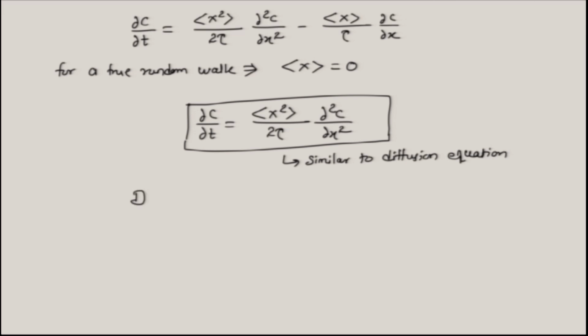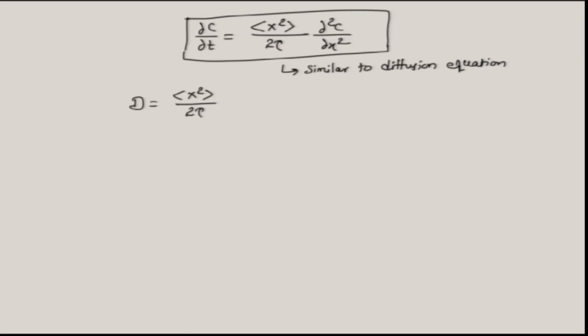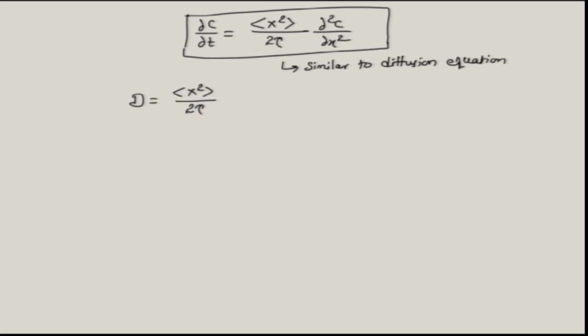With diffusivity D being written as x square by 2 tau. Now, this is in one particular direction that we are considering. For a true random walk problem and for an isotropic cubic lattice, the distribution is spreading isotropically, right, and we can write average of x square equal to average of y square equal to average of z square, right, and so we can write